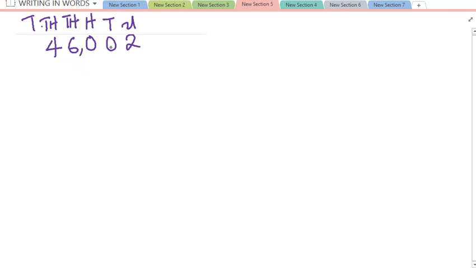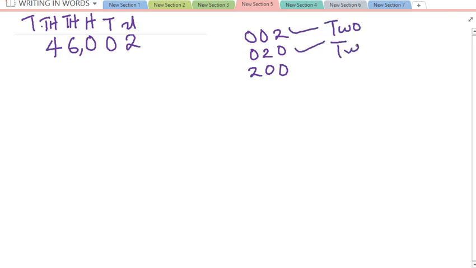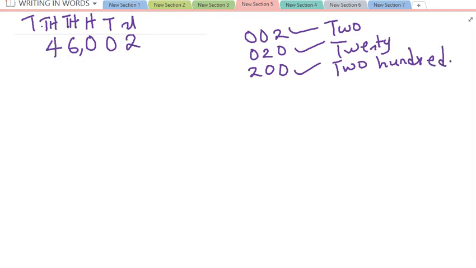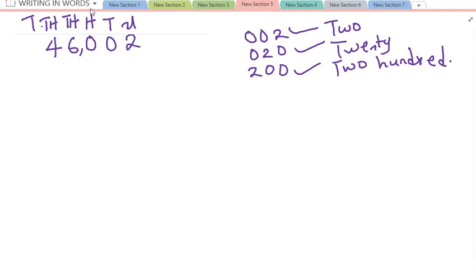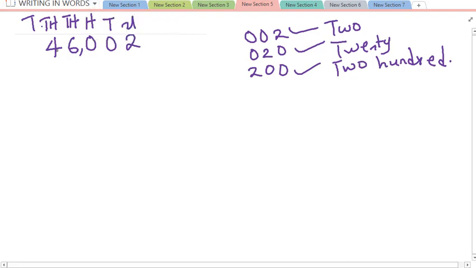So let's call it. Now remember that 002 and 020 and 200 are different things altogether. This one now is 2, this one is 20, and this one is what? 200. They are different things altogether. So you know, 0 is an insignificant value, so it plays no importance whenever it's before a number. So here we'll be having, for the first tenth of the thousand is 46,